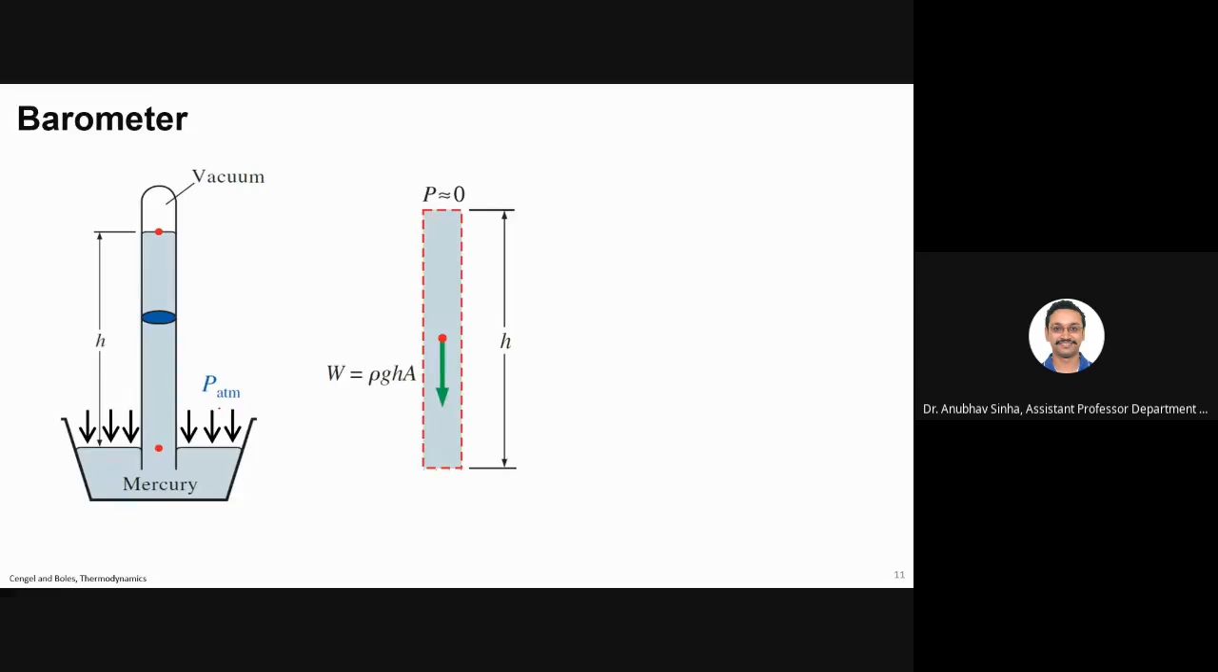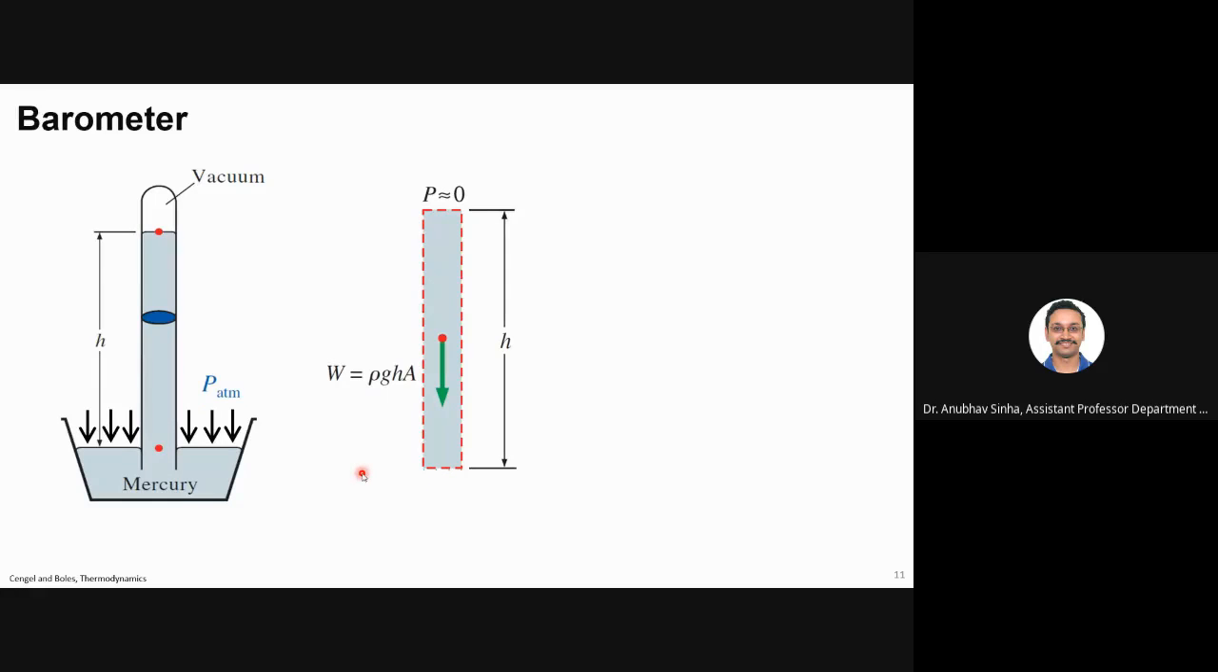Now let us look at the free body diagram of that mercury column. At the top, the pressure P is almost equal to 0. This column is of height H. So the weight of this column is rho GHA. And this is balanced at the bottom with